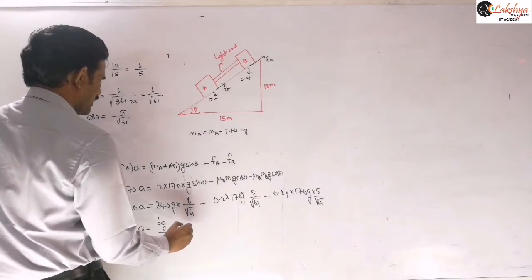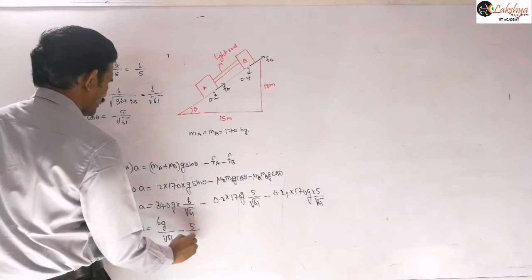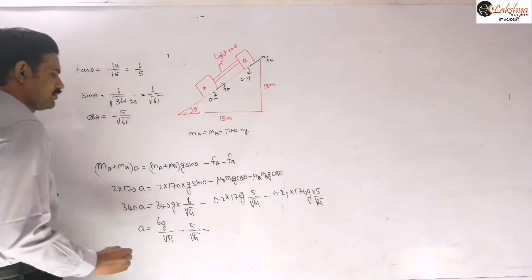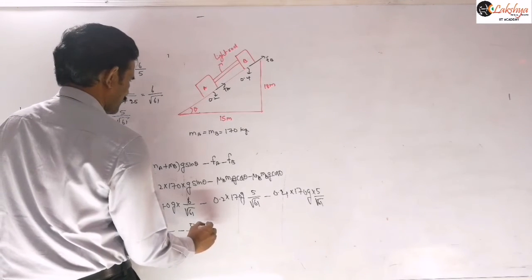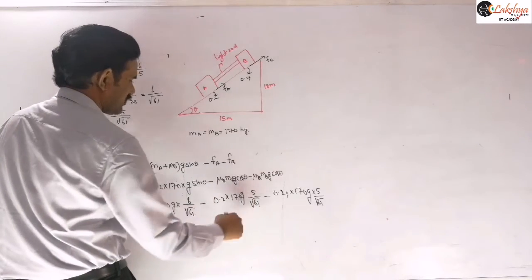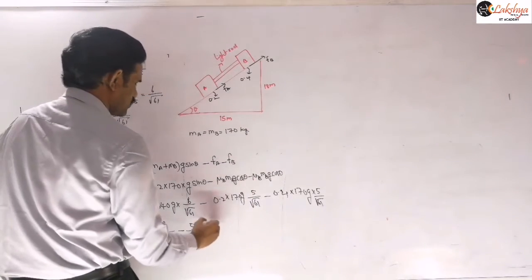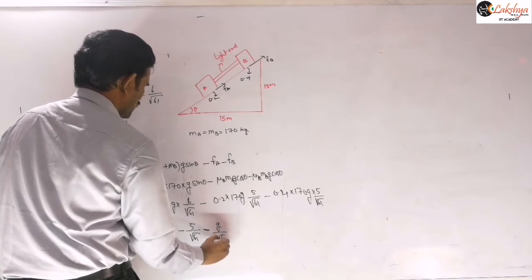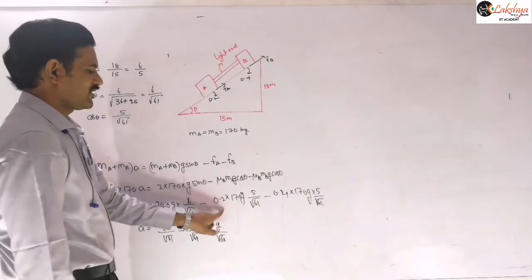So here we can write this as 5 by root 61 minus, so we are dividing with that 340, so 340 means here I can write this as 2, so it is G by root 61. Right, here that we are multiplying this value with the G,